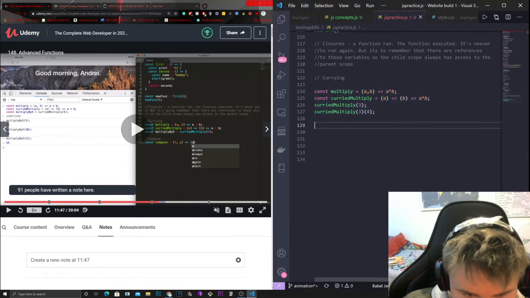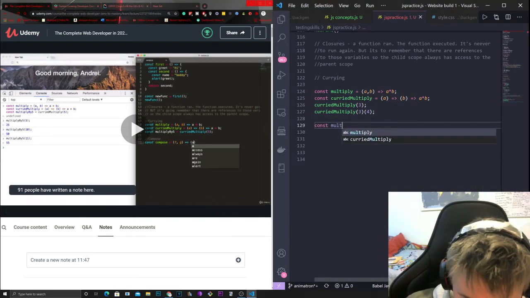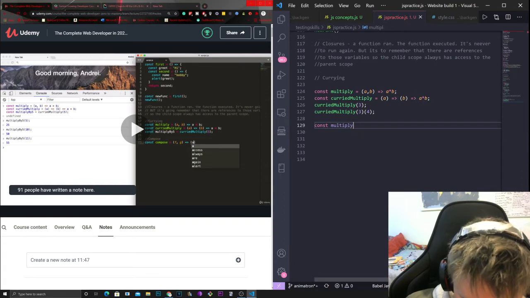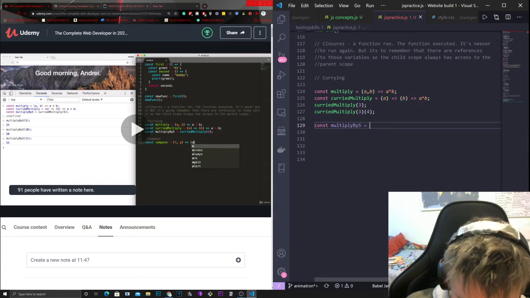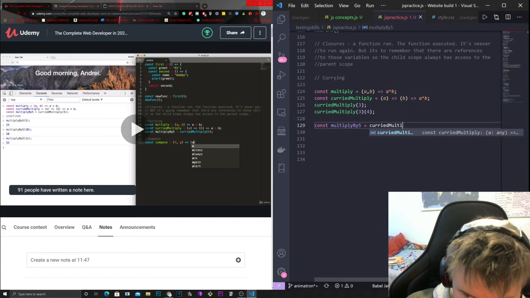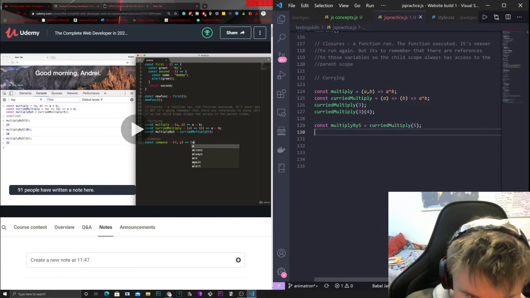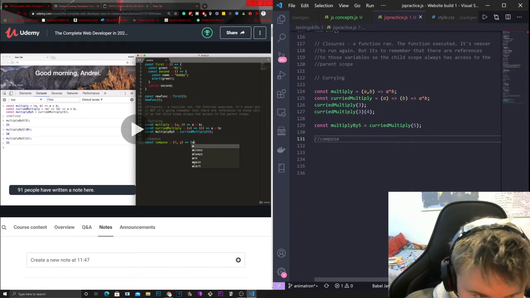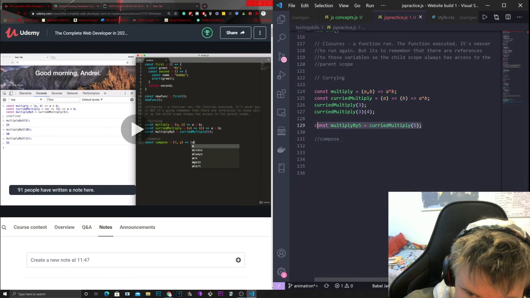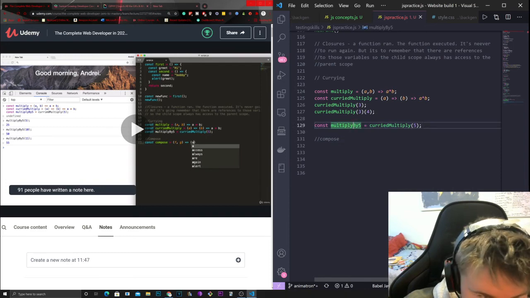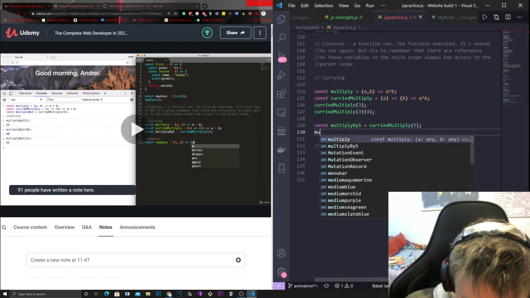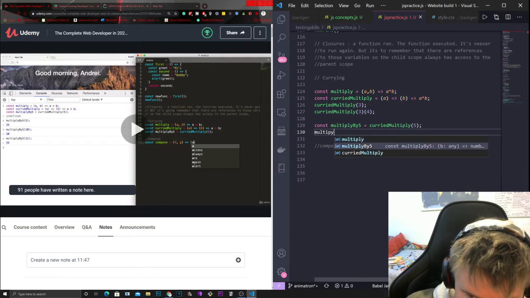So we're going to assign the value, we're going to make a constant variable, multiply by 5, and we're going to give it curried multiply 5, and then we'll do compose. I will show you some examples of multiply by 5. So we're going to store this value in here, and then we can call multiply by 5 again and again